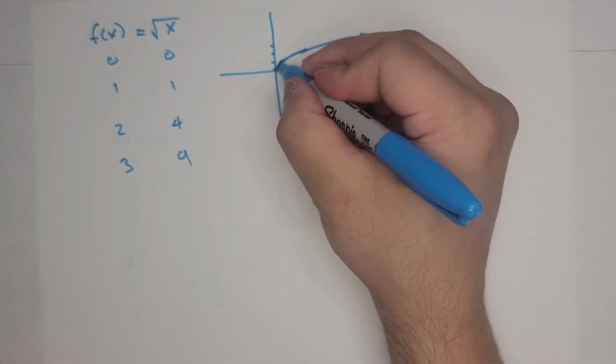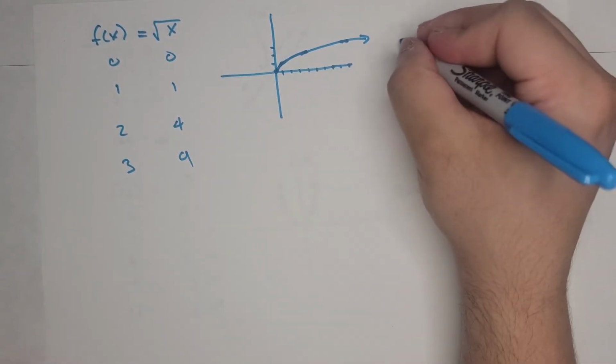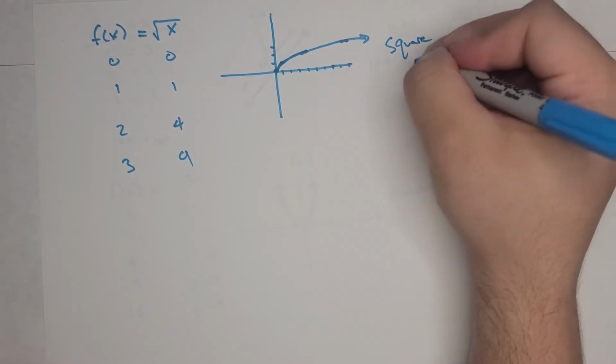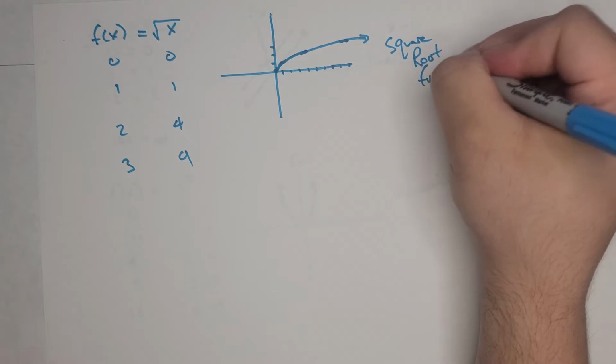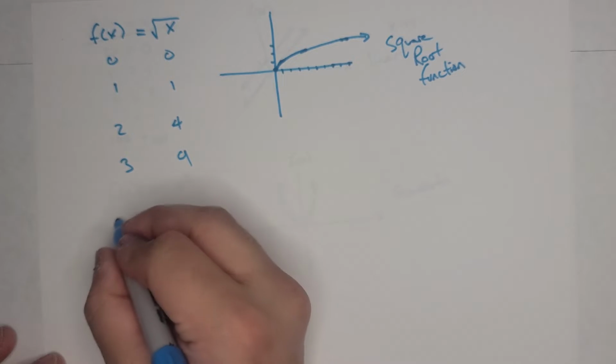This as it curves up a bit and goes to the right. That is our square root function. Pretty straightforward. Next we're going to do the reciprocal function, which is